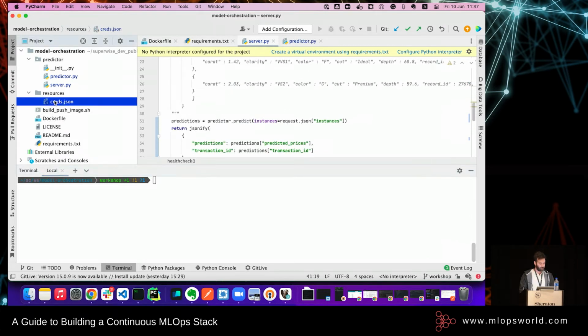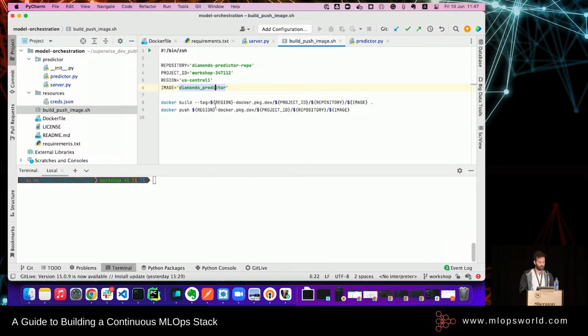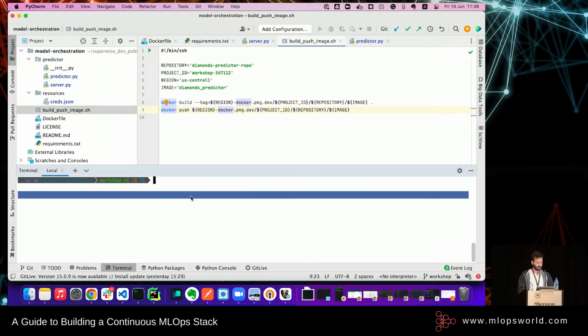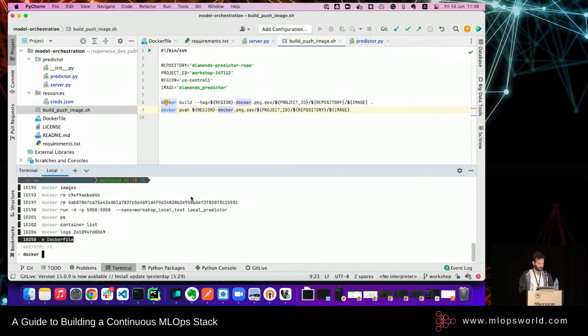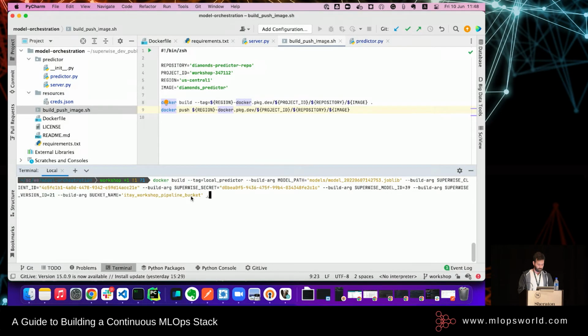We also copied what we needed, and we have here some logic for building the image and pushing it to GCP's artifact registry. But before I do that, we don't want to push any corrupted Docker images there, so we can have a very simple check to make sure that it's going to run. So we're going to do a Docker build. I have it here in advance. What we're going to do here is just Docker build and we're going to call it a local predictor.